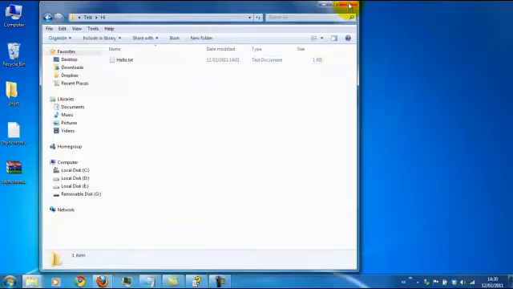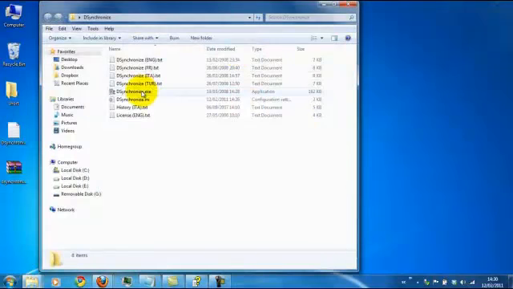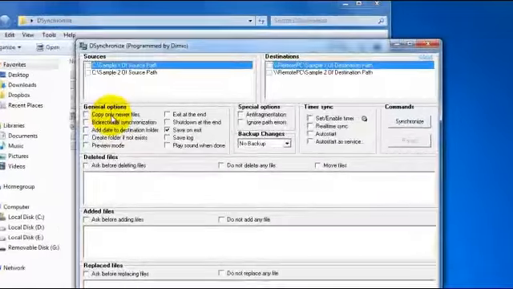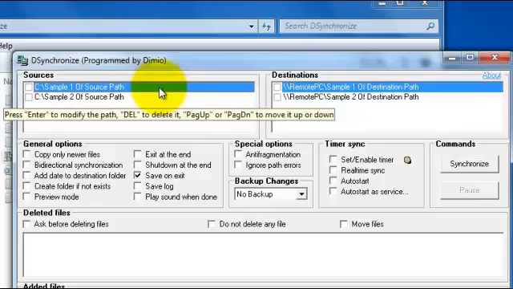Close that now. Now we're going to go back to DSynchronize. We'll click on that and get the DSynchronize exec up and running. Now, as you can see, we have two boxes up here, a source and a destination. So what we need to do is go into this, and if you just scroll over it, you can see